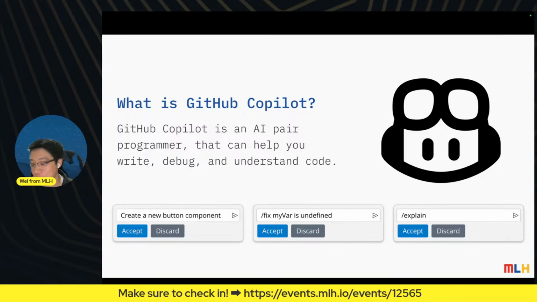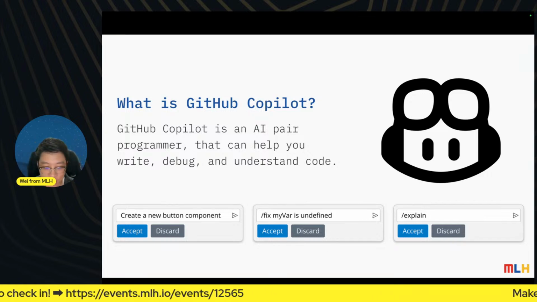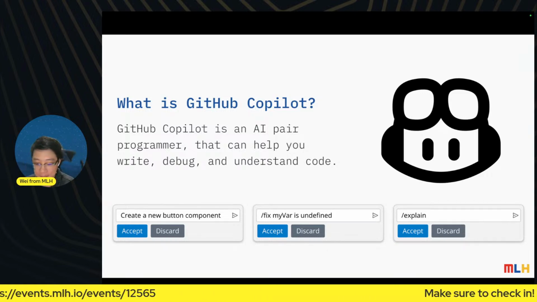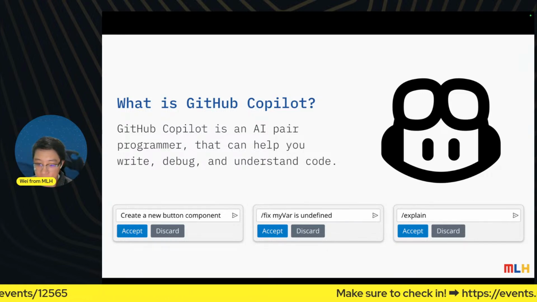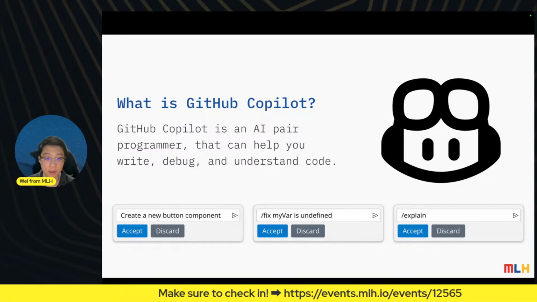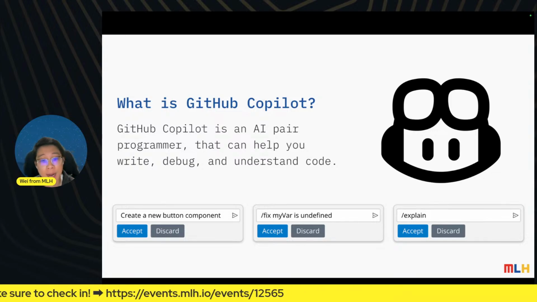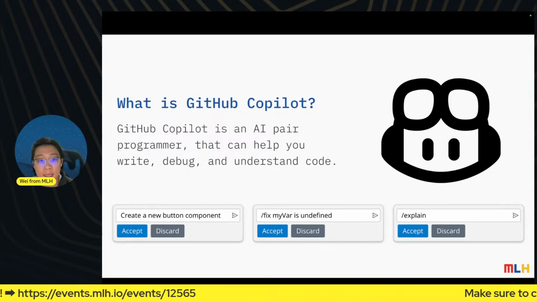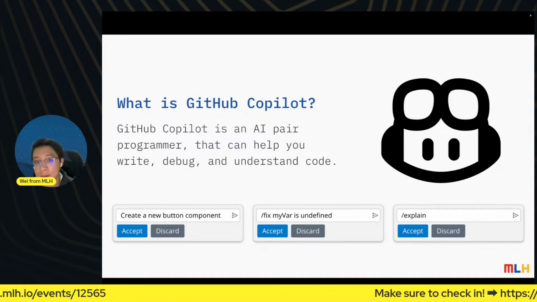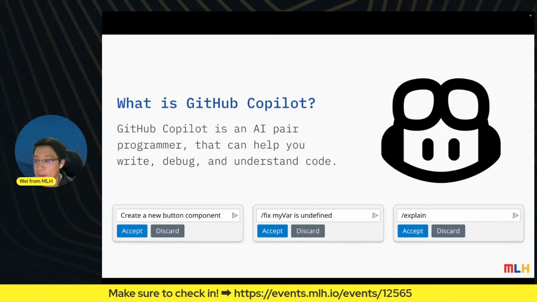Traditionally it is someone who sits behind your shoulders and looks through your code, and as you're typing, they try to understand what you're doing and then help you and make sure everything you're coding makes sense and is using the best practices and can give you feedback. But GitHub Copilot can do that as an AI pair programmer. You don't need a physical person sitting beside you anymore.